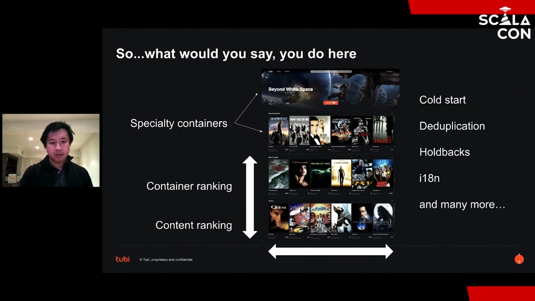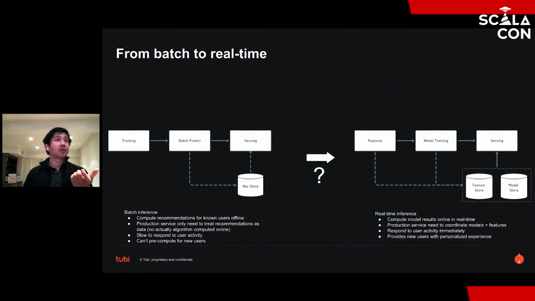So over the past year or so, one big challenge that we solved, and it's really interesting, is a move from batch pre-computed recommendations to real-time recommendations, right? And this is a big challenge in operationalizing machine learning today. So for those of you who are not familiar, batch inference basically means I've trained the model offline. For all of the known users, I just pre-compute what my recommendations are for them. Or if you're not working in recommendations, basically you just pre-compute the predictions, right? Generally for those users. And we just shove those into a production database, some key value store.